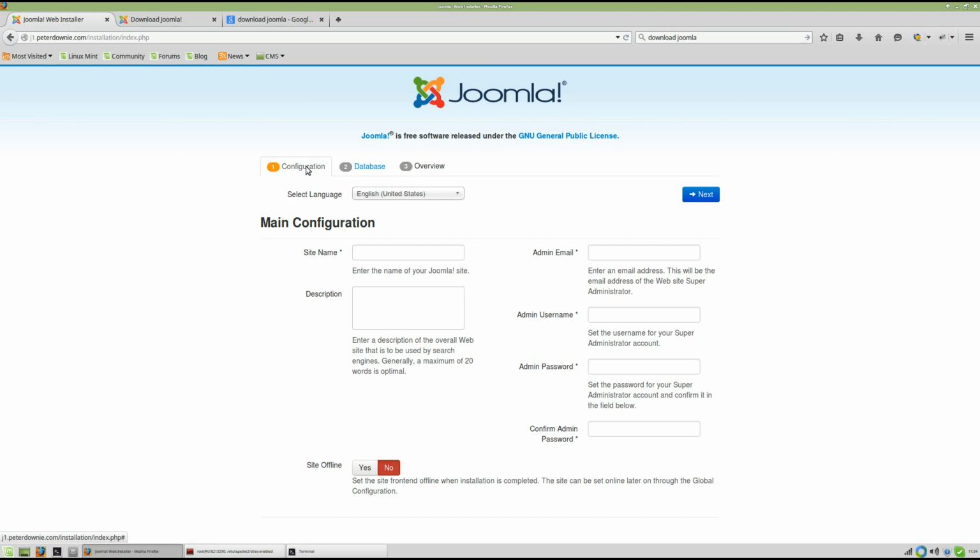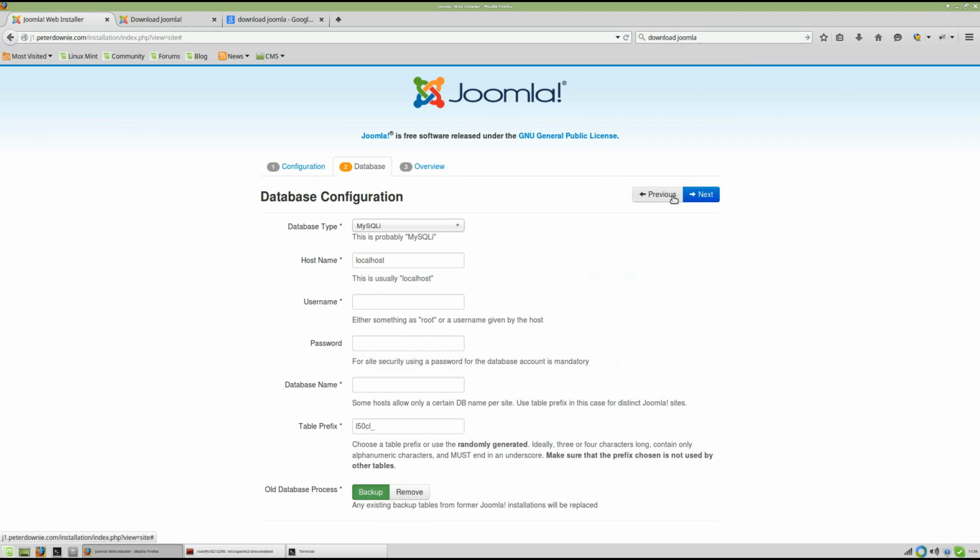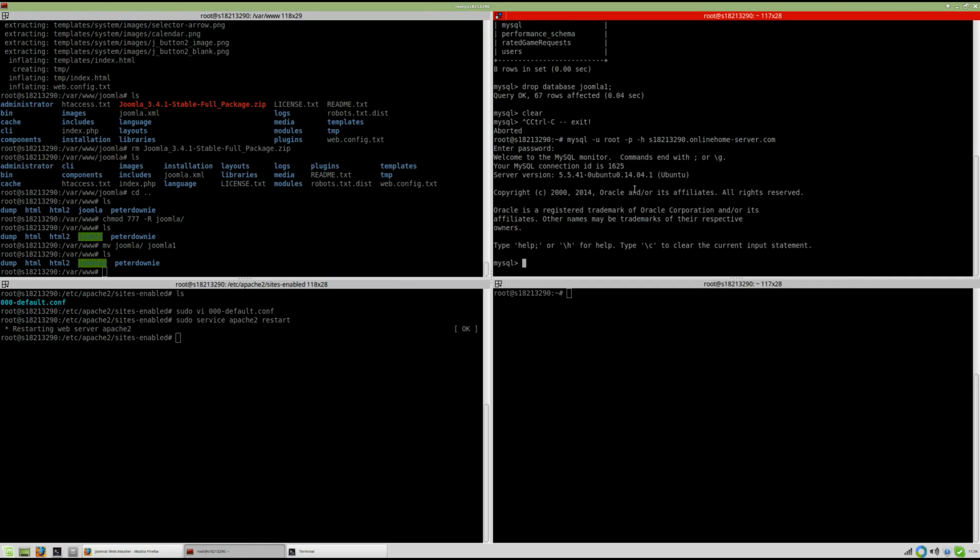Now we have to set up the database. I'll call this J1. Alright, so now we have to set up the database. So I'm going to actually create database J1,